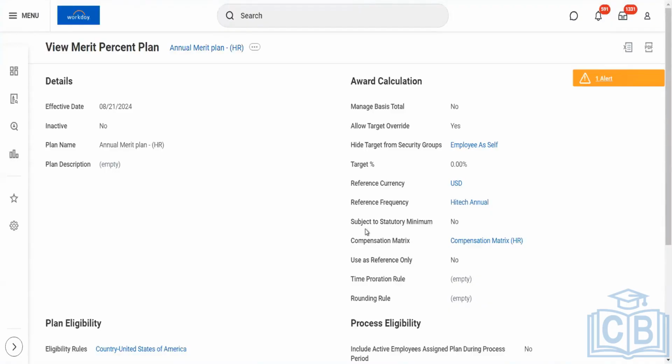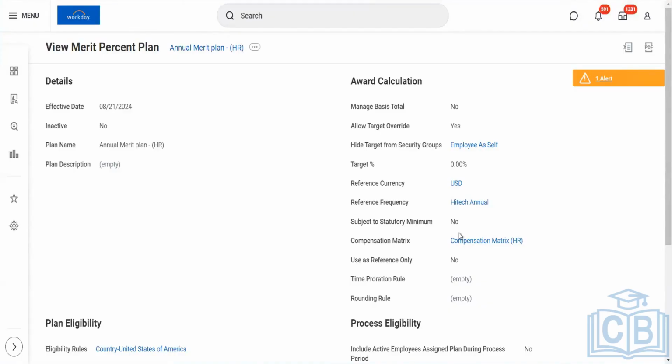After that, we have subject to statutory minimum. Any idea about this? The meaning of this is that it applies only to the percentage based merit plan. If we choose this option, this indicates that the plan is subject to statutory increase, meaning there will be some increase.